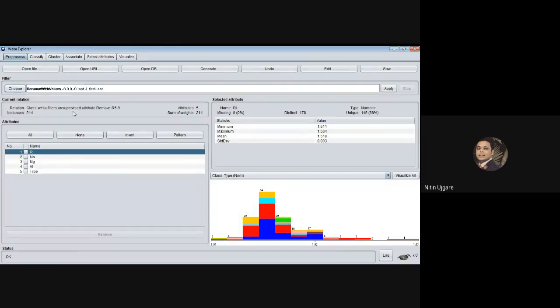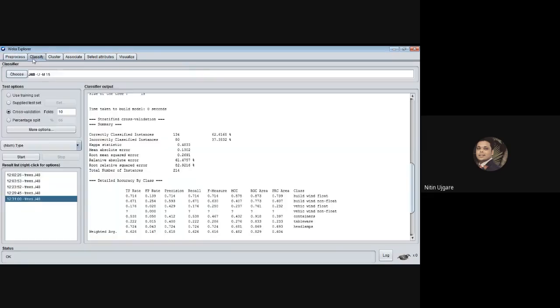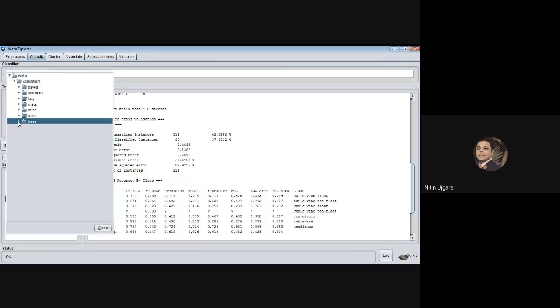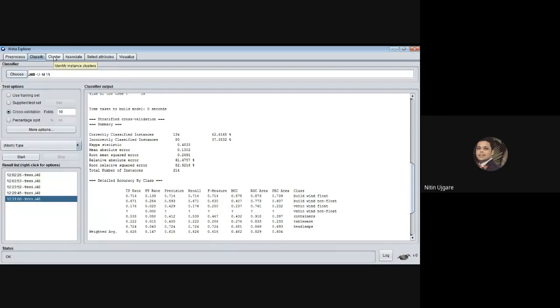Now this will allow you to delete any of the instances out of these 214 instances. So you can select this table and you can remove these instances from the data set, and you can check the performance of your classifier. So that's it from the Explorer application, and you can see there are different classification algorithms. These are the variety of classification algorithms, more than 100 of them.